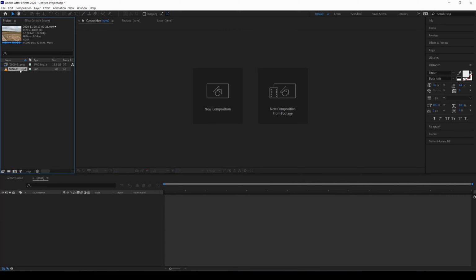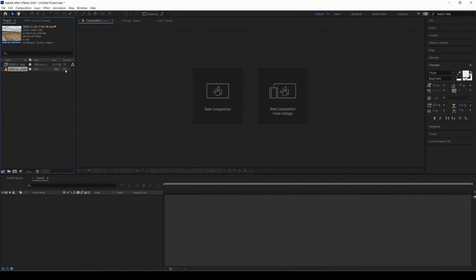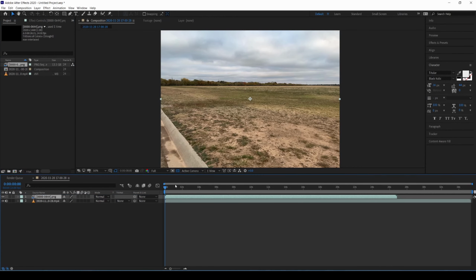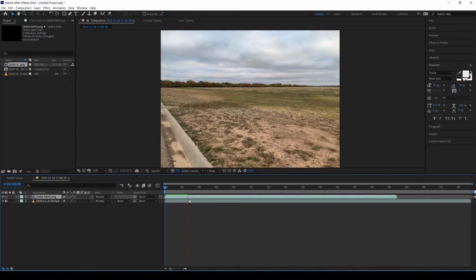iPhone in the app. I'm going to change this to 24 frames per second so we get a little bit more playback. And I'm going to do the same exact thing here. And then I'm going to drag and drop this into a new composition, and I'm going to drop that on top. And then we're going to go to quarter so you get a little bit faster playback, and press 0. So let's just let this buffer here in a second, and you should be able to